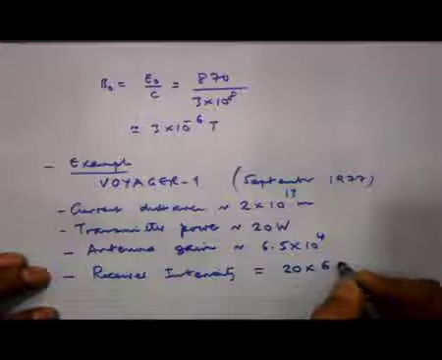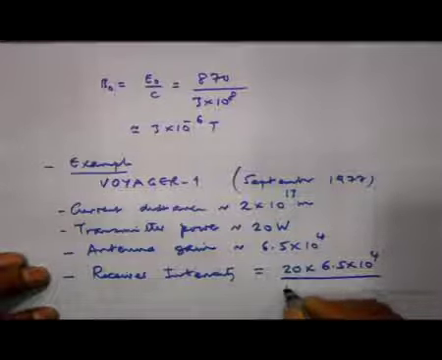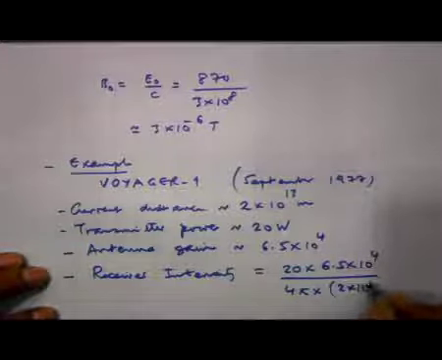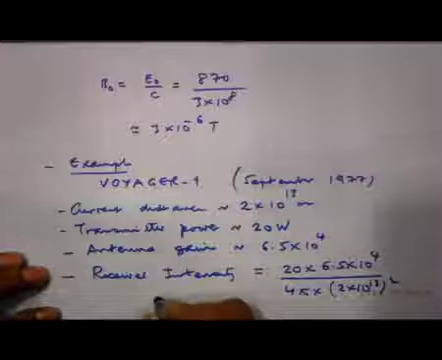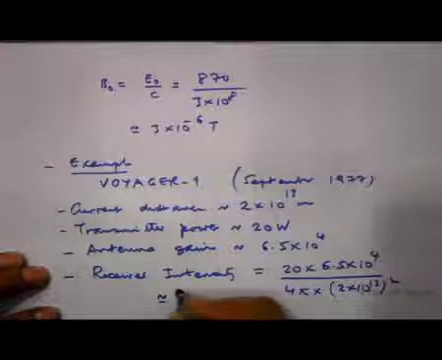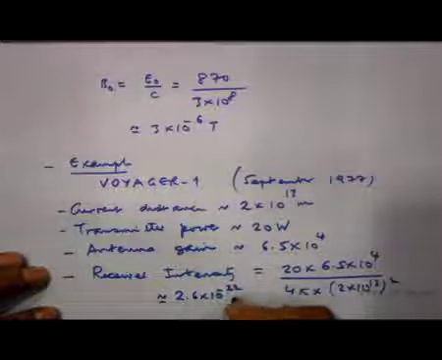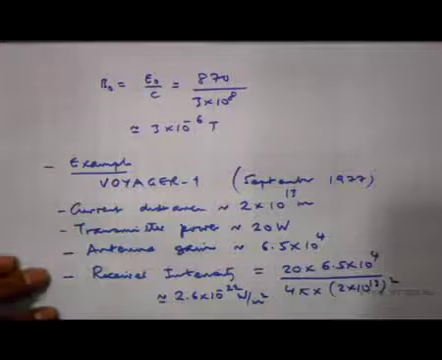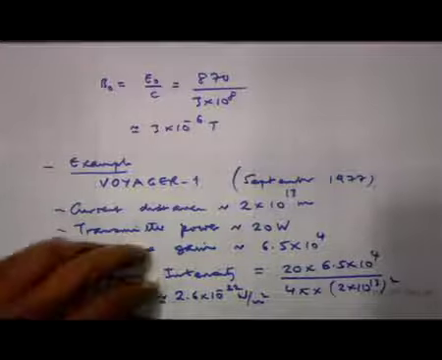There is a gain of 6.5 × 10^4 divided by 4π times distance squared, which is 2 × 10^13 squared. And if you calculate this, it comes out to be about 2.6 × 10^-22 watts per square meter, an extremely small value of intensity that is coming here from that Voyager spacecraft, and we can actually calculate immediately